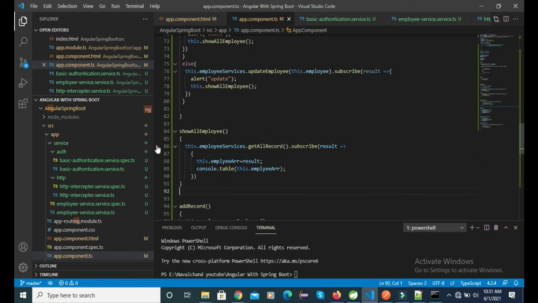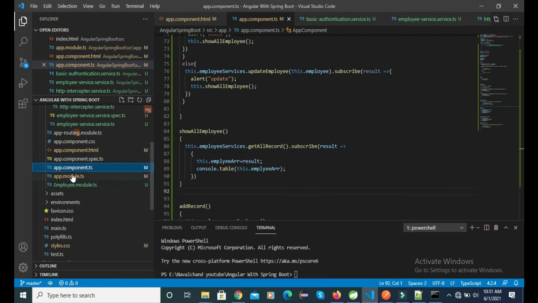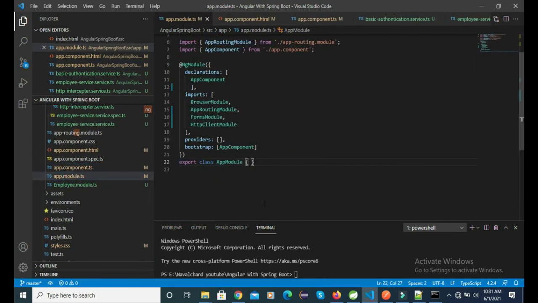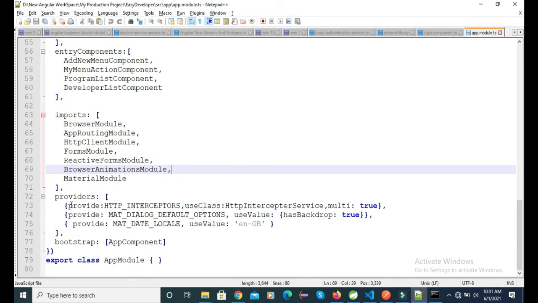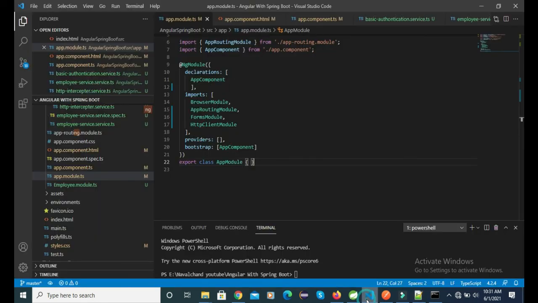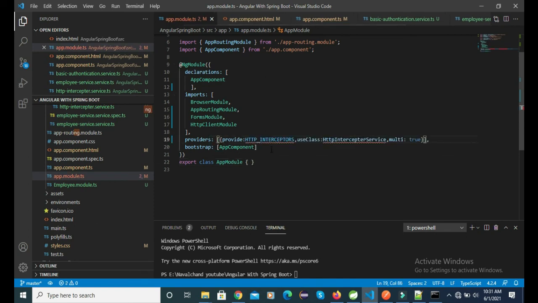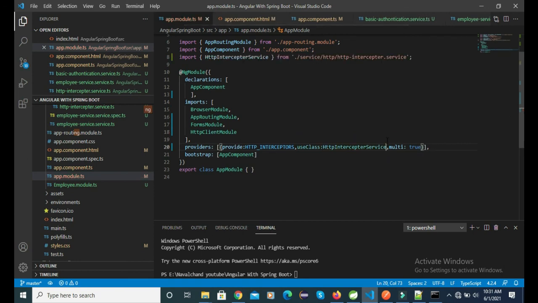And one more thing, when we use a HTTP interceptor, then we have to define that HTTP interceptor inside the app.module.ts. I'll simply add that. Here you can see I'll simply add that from my previous project. In a provider we have to add that, and I'll explain. Let's copy this. I'll simply add there in our project inside the provider. Simply paste here. Import those two things, HTTP interceptor as well as HTTP interceptor service. Let's save these two things.